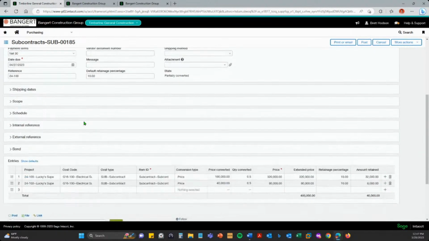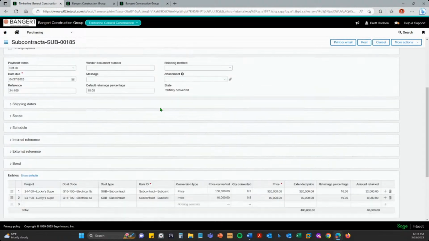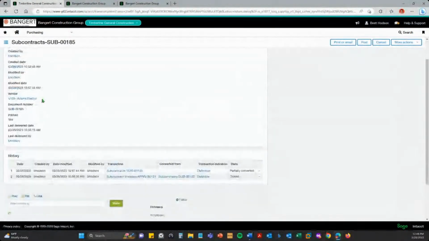And as I scroll down, I can see here's how the subcontract's built. It's a $400,000 subcontract. We set it up in 2 line items, basically rough and finish, with 10% retainage. If I scroll up here to the top of the screen and look at the history of it, I can see that this subcontract has had an invoice placed against it.